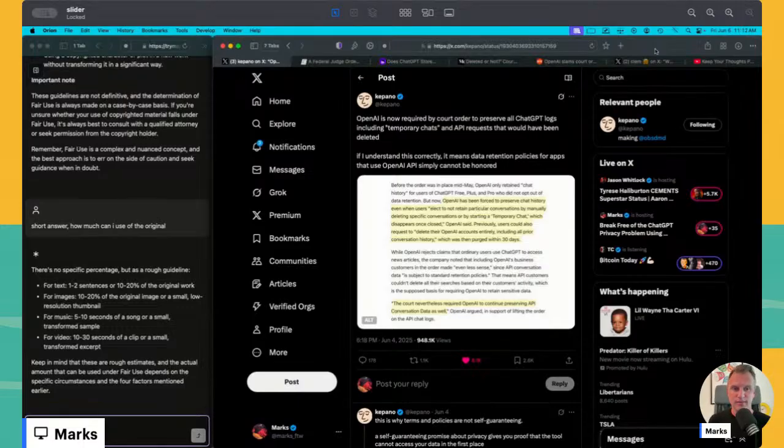Let me back up. I lost my train of thought. They have to keep all of our data now. So the zero data retention policies can go out the window with a court order, right? And even that, you still don't know if they're actually not retaining your data. They're just signing an agreement saying we will not retain your information. And so if you have a therapy app that talks about very sensitive things and has the names and personal private information of underage children who are dealing with some really sad situations that you're putting into here,